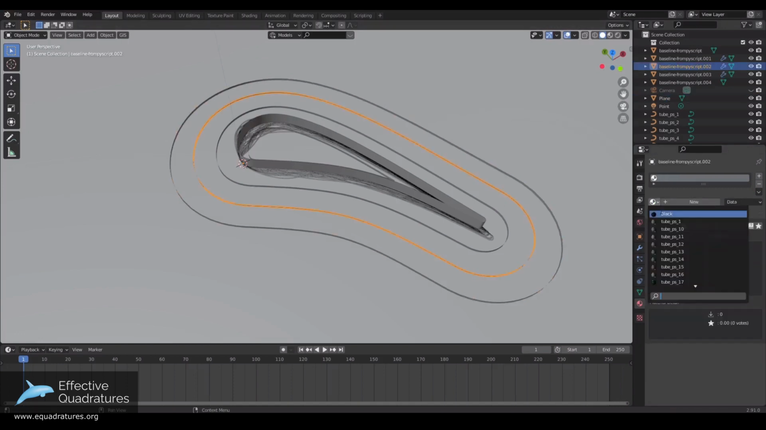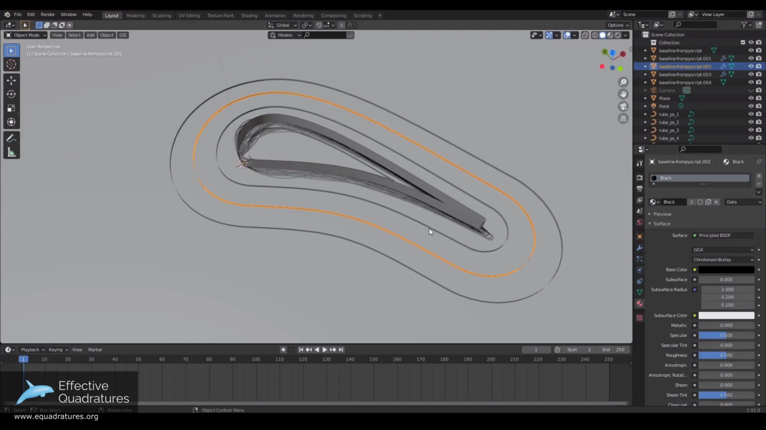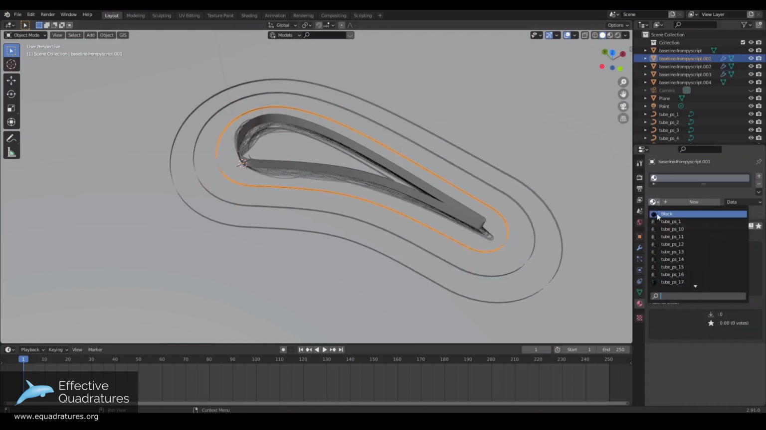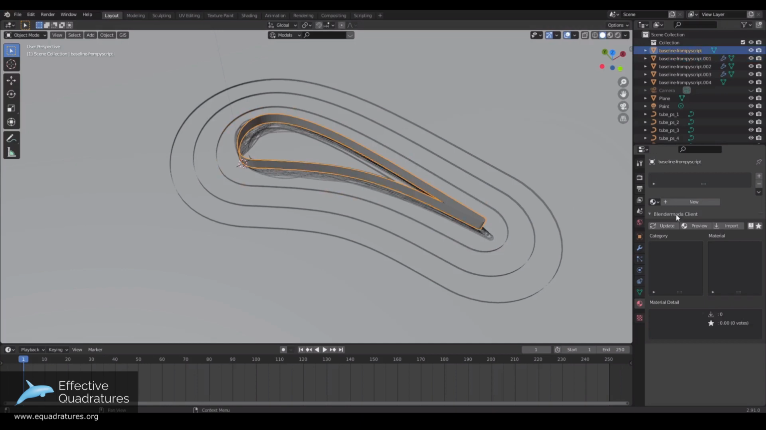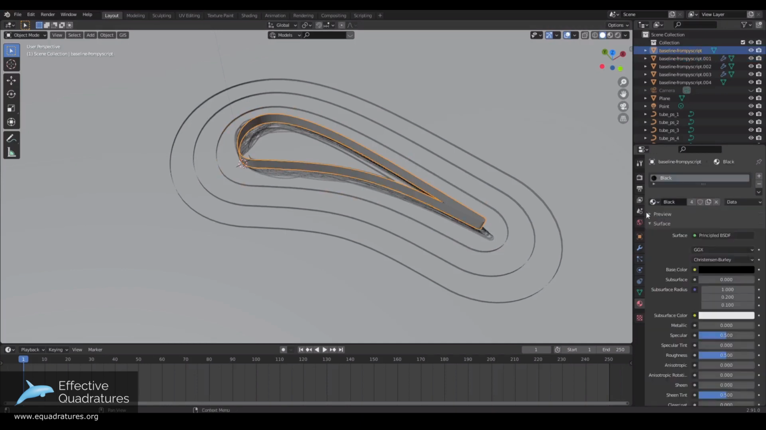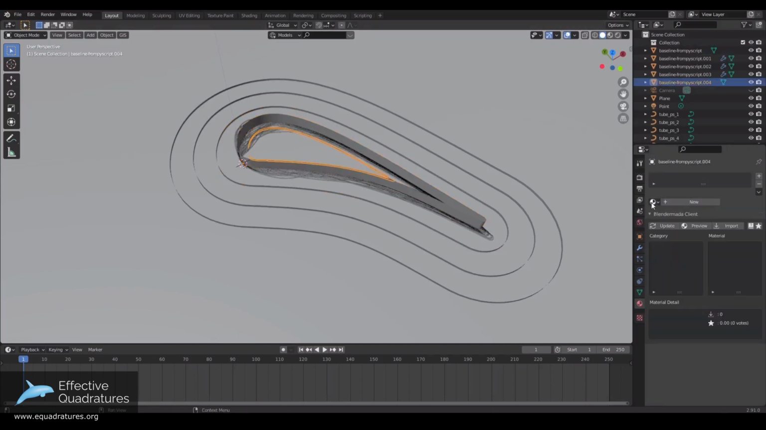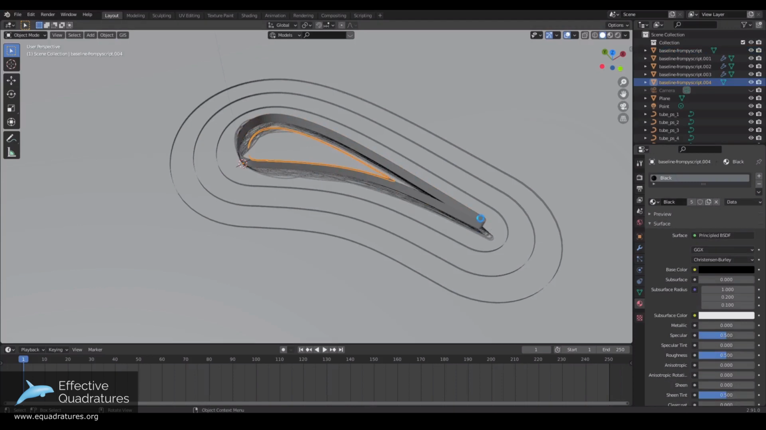Now that we've defined a material, we can just select them. Select black, and then for the nominal blade profile as well as the inner one. And now if we render this out,